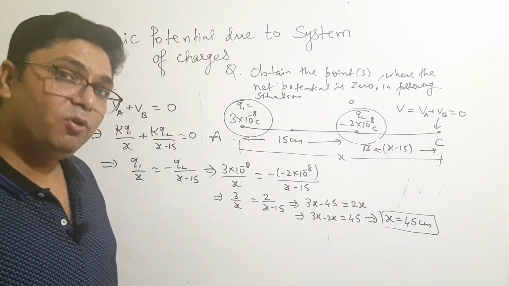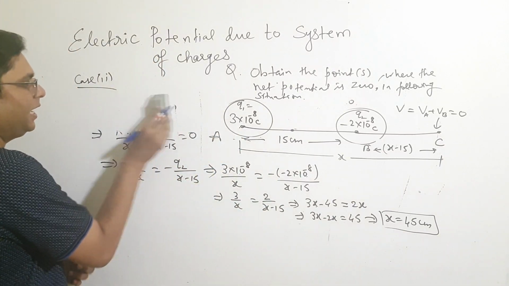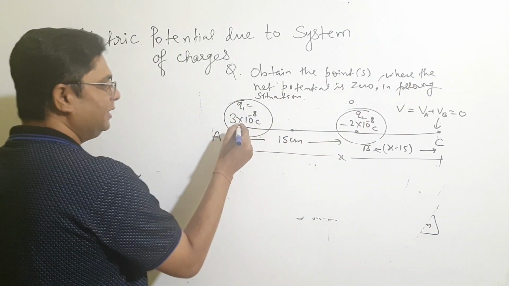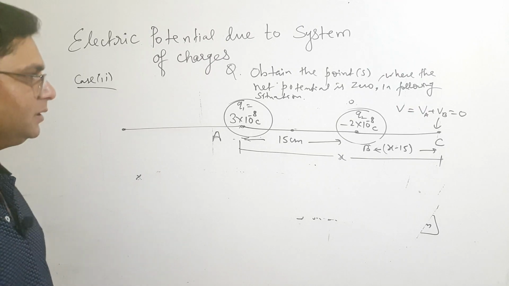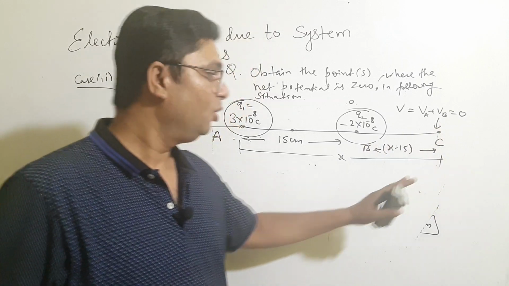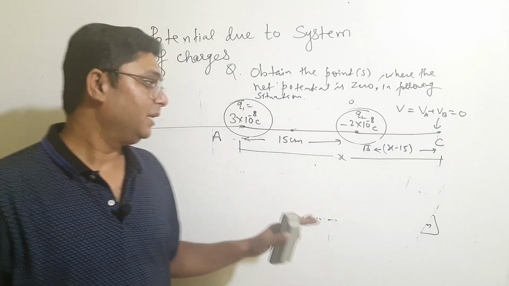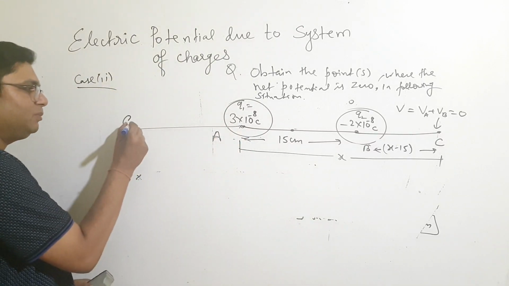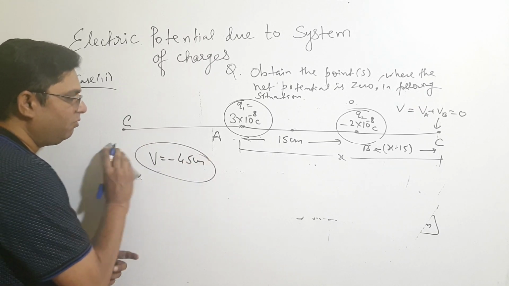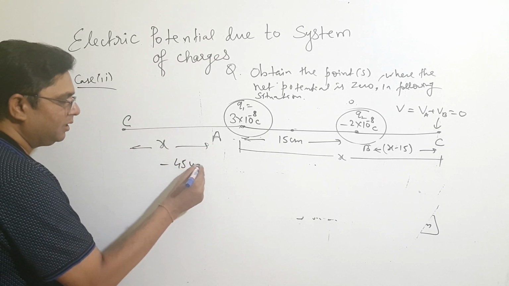In the same way, if you want the third case, you will take this side. If you take this side on the left-hand side, then this is the positive x-axis and this is the negative x-axis, and since the plus charge is put here and the minus charge is put here, from here to here this is 45 centimeter. So from here to here it will be minus 45 centimeter. You perform the task and see that if the C point is kept at this point, then the distance x on this side is minus 45 centimeter. Just solve and check it.